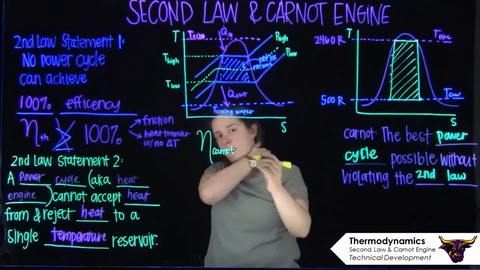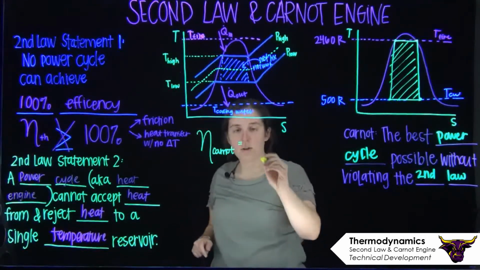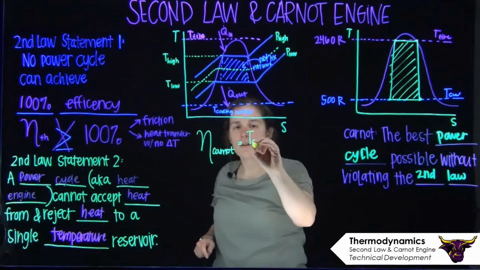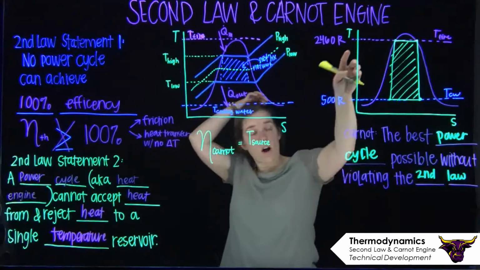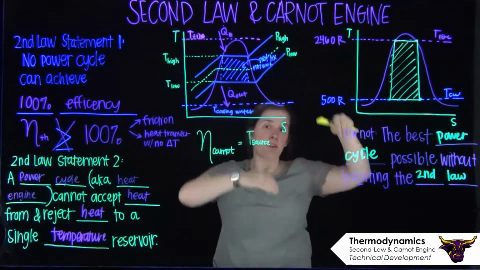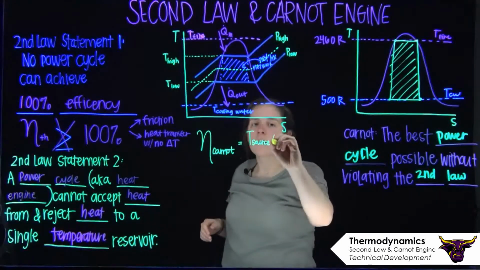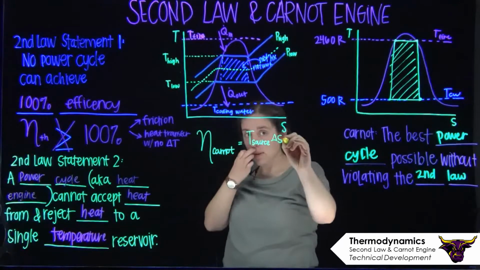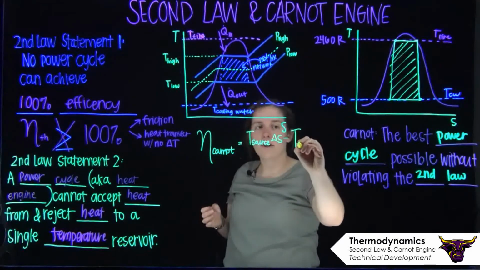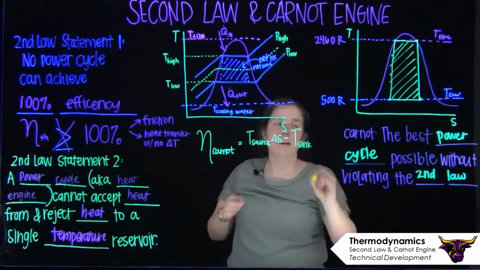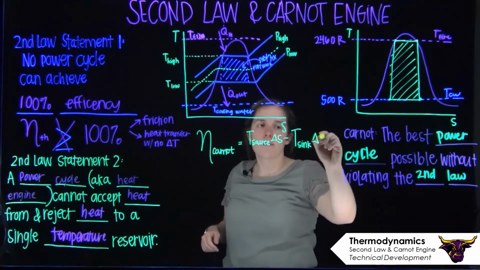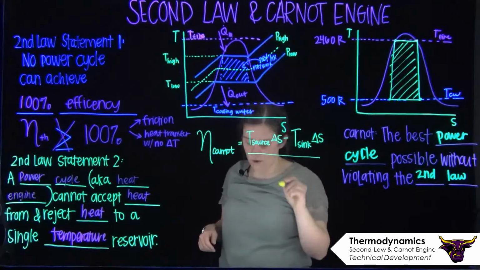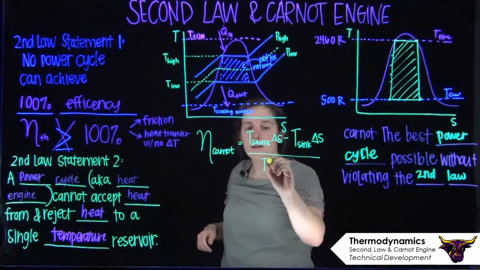So the eta of Carnot is equal to T of our source, which is going to be our hot reservoir that we're drawing heat from for our boiler, times delta S, minus T of our sink, and we can think of that as what we're rejecting heat to, which is going to be our cooling water, times delta S, over T source